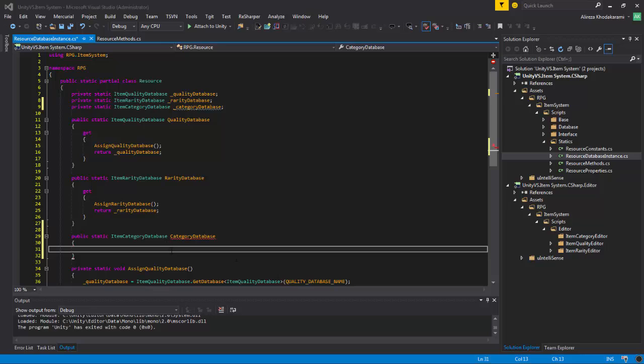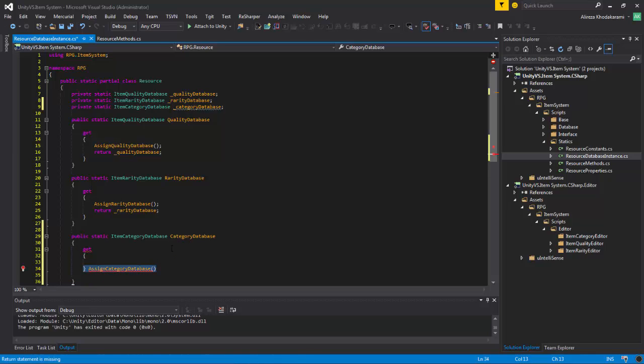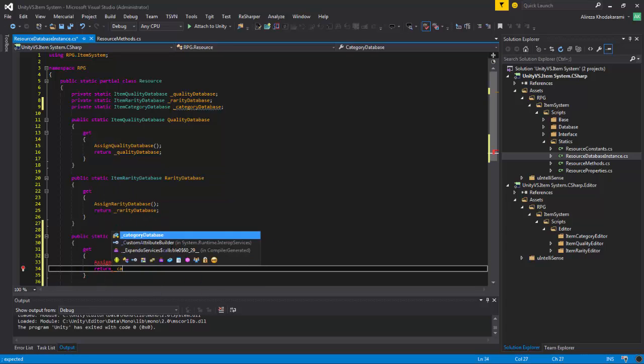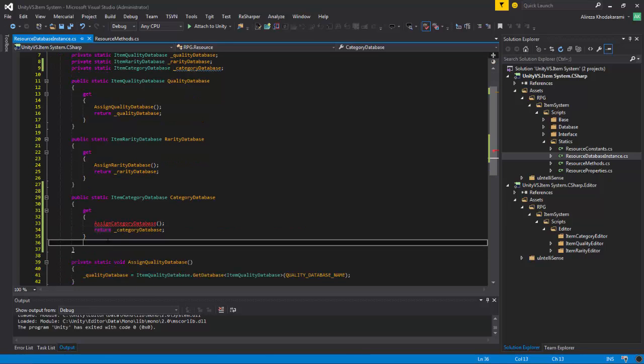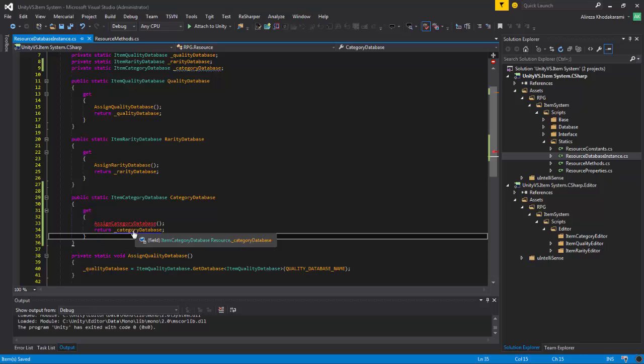Yeah, we say assign category database, and that's the get. And then we say return category database. Okay, that. Now assign category database,